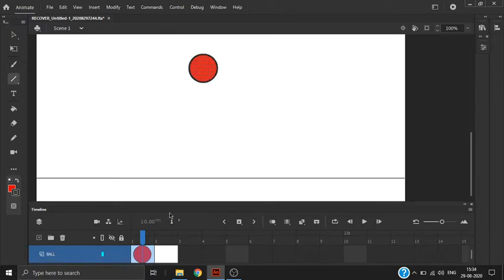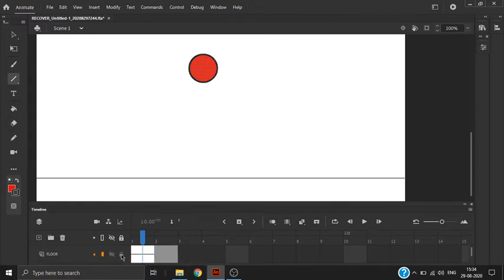Perfect. And in the next frame, if you want to add frames, just go to the frame, right click, insert frame, and the shortcut is shift F5. Oh, sorry, shift F5 is to remove the frames. I will tell you about the shortcuts. I am a noob, therefore I forgot. Sorry.